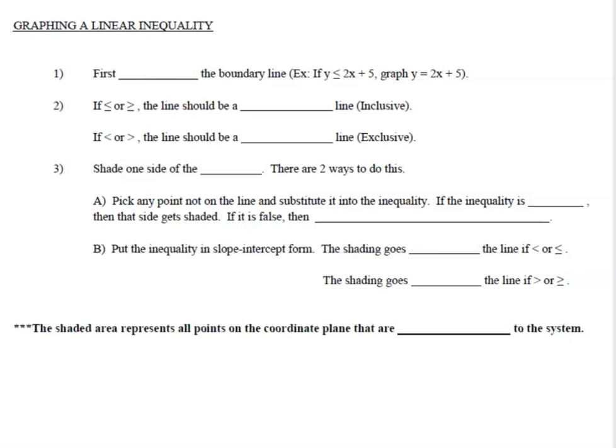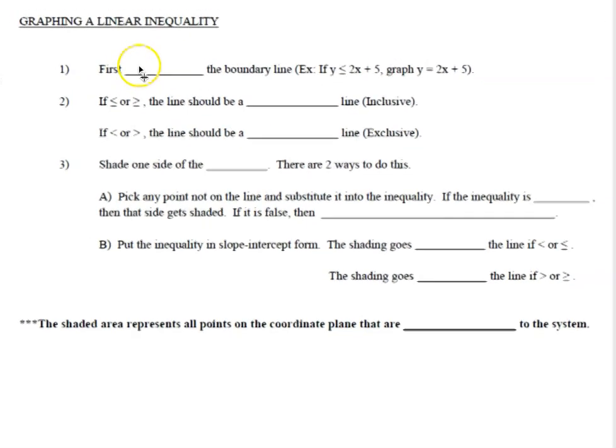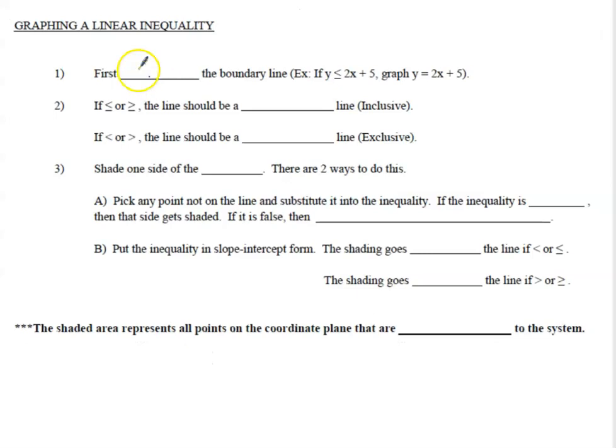So the first thing we have to do is first find our boundary line, right? So if we have this y is less than or equal to 2x plus 5, that is going to turn into y equals